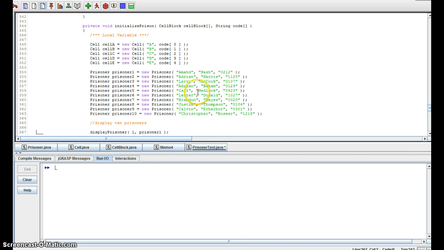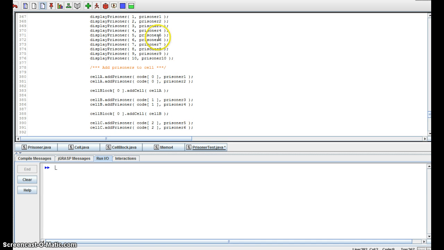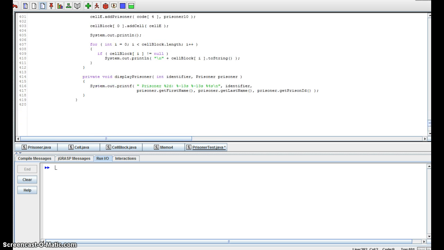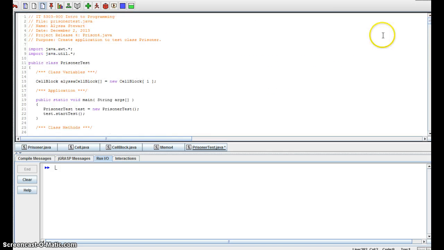And here I have all 10 prisoners, first and last names, and their prison IDs. And here is just showing how they'll be displayed. That's how all 10 of the prisoners will be displayed. And here is the code that puts each of the 10 prisoners into his respective cell. And that's it. So just to go through it really quickly,